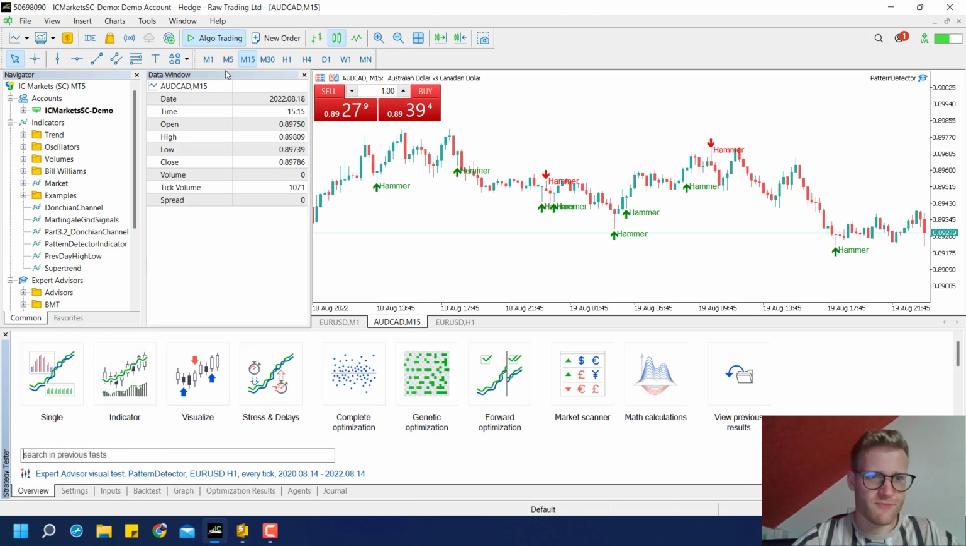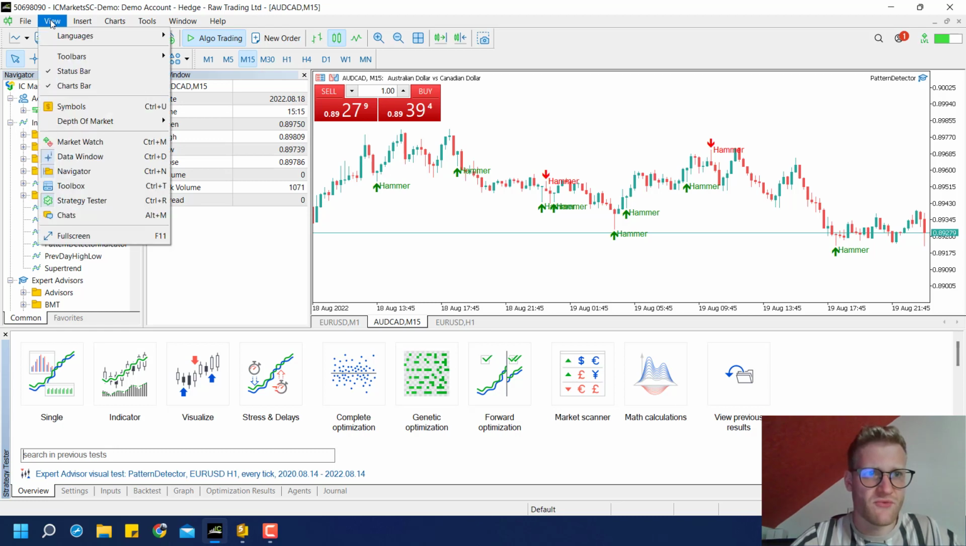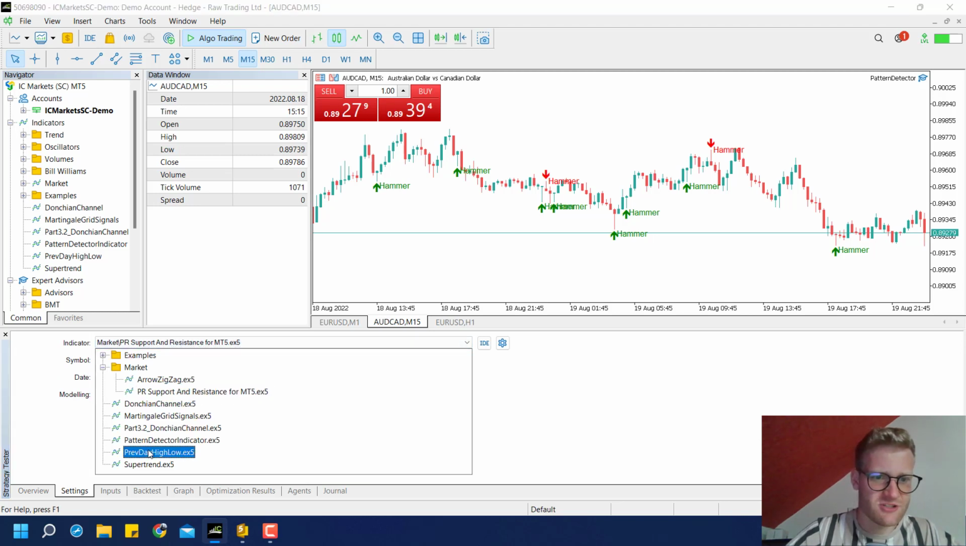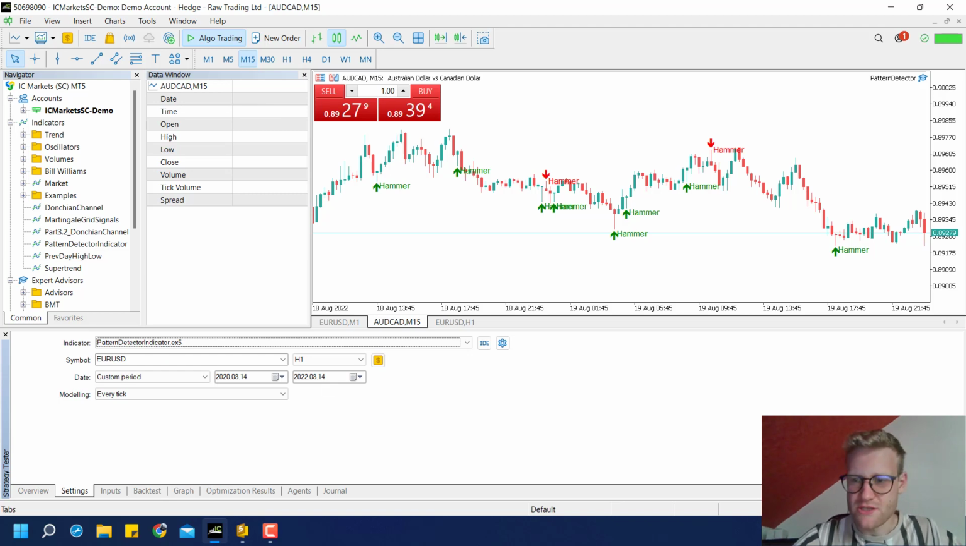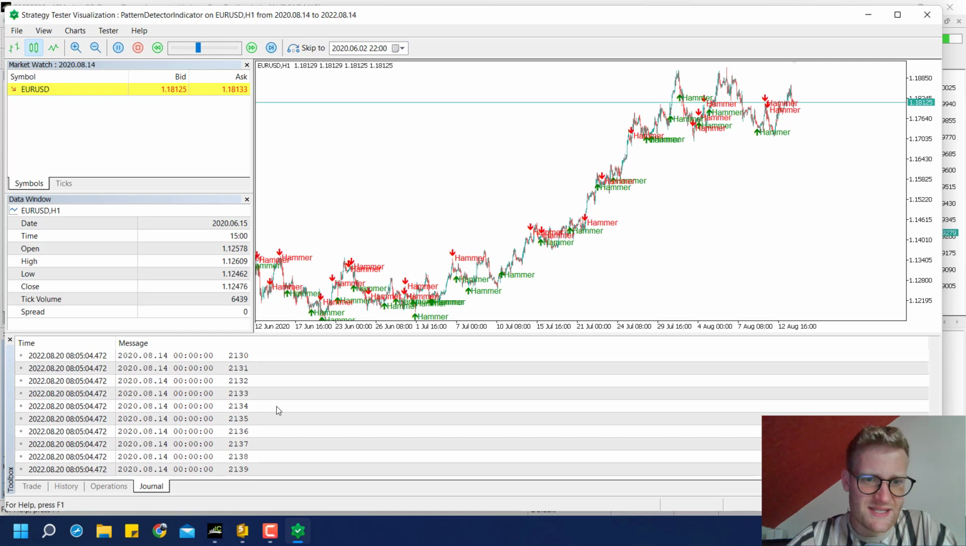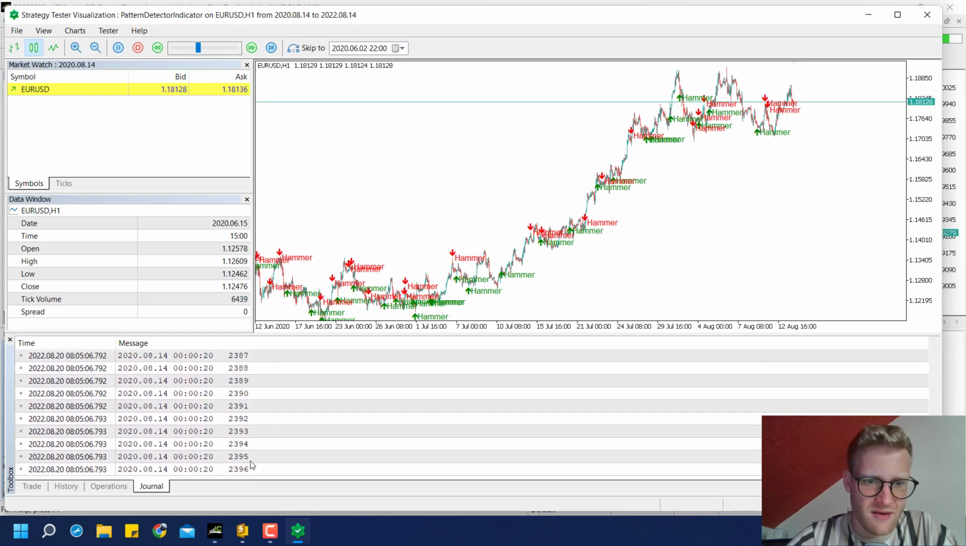So you can use the strategy tester, which you can find if you click on view strategy tester. Then you can click on indicator, because you can also test indicators, not only expert advisors. And then you choose the pattern detector indicator. So if I run this program now, you will see something. So you can see, since I print I now,